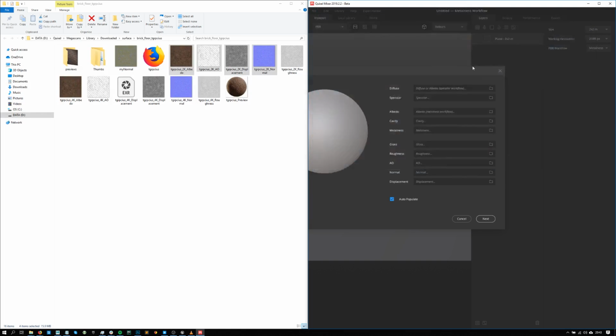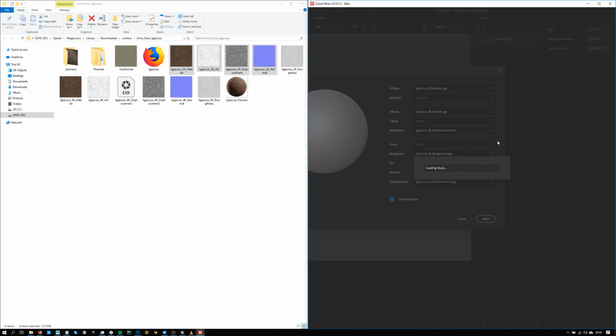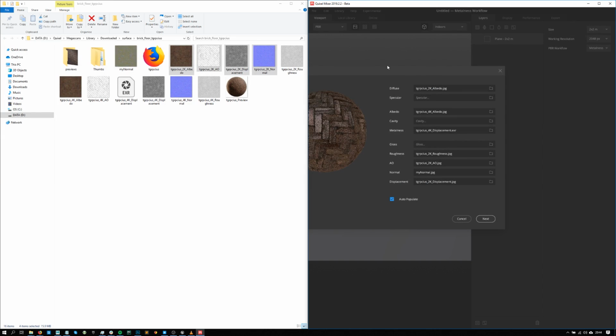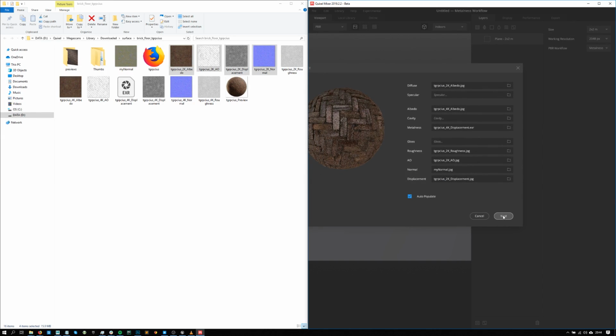So this is the texture. It's gonna load the texture map, so give it a few seconds. Oh, actually, yeah, it auto detected all the different textures, so the material is ready. Then you just hit next, and then you can give it a name. This is a 2 meters by 2 meters surface, so I'll just give it 2 meters by 2 meters, I guess. My surface, this one is a H-bone, I guess,